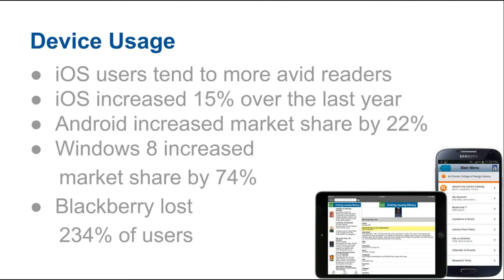We also noticed that iOS users tend to read more. Maybe it's how their devices function, or how the app looks on an iPhone and an iPad, but they spend a little bit more time in the services, and they perhaps check out more items or access your Overdrive or other ebook and audiobook services more frequently than Android users do.